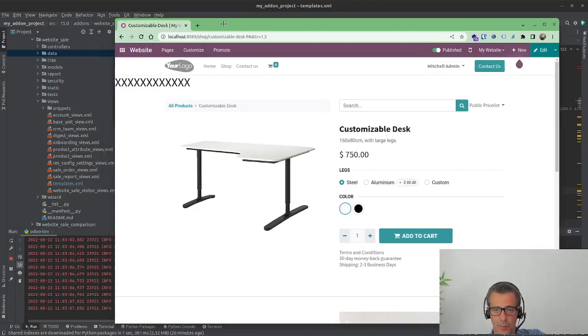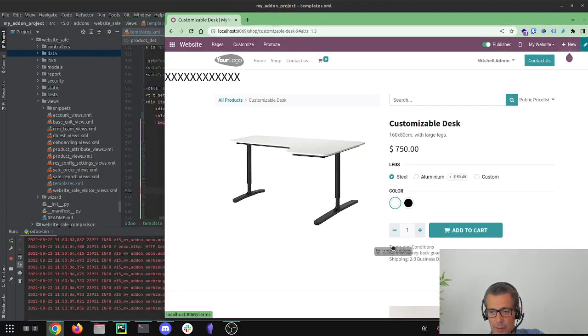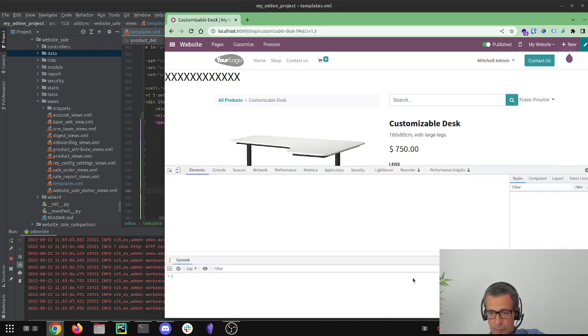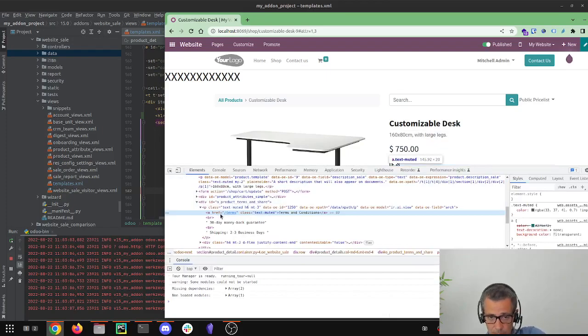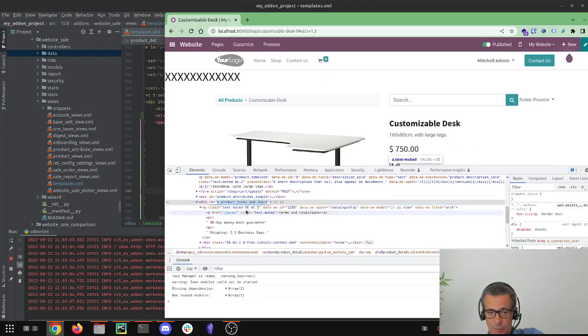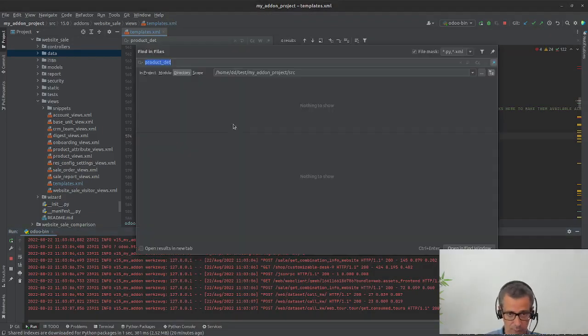It shows up at the top, so it's not in the place that I want it. Maybe here, let me inspect this. Maybe here it's a good place. So it has terms and conditions. This is coming from an XPath. Maybe I'll try to search these href terms. If it comes from the database as a default thing, I won't be able to find it in the code, right? But okay, product terms chat. This is quite unique. So if I search for this,